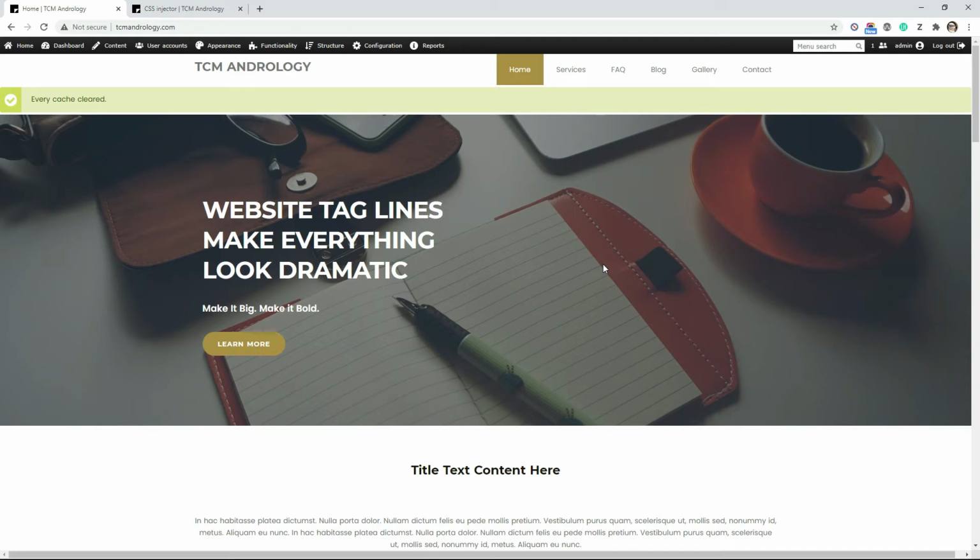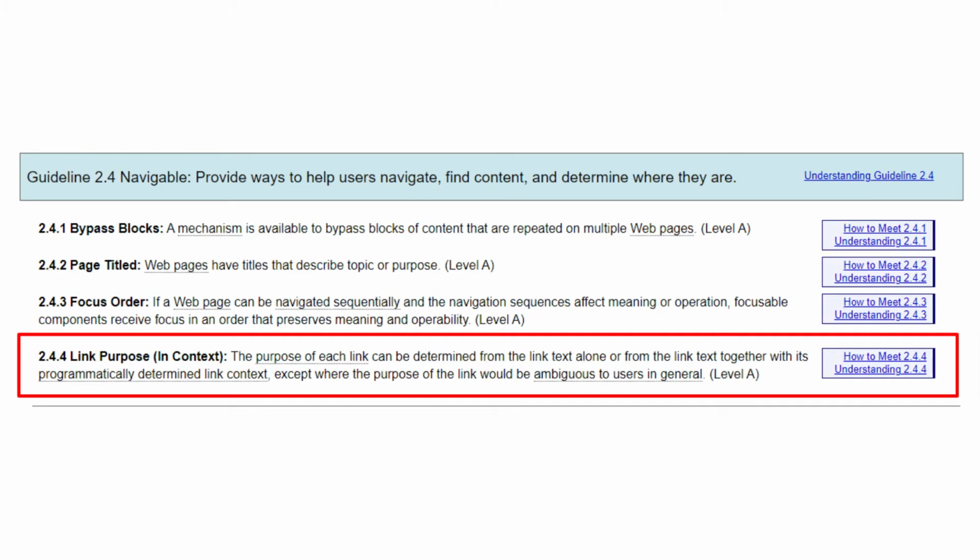Now, the next rule we want to look at is the idea of link purpose. This is also WCAG 2.0, and this is also a single A, meaning this is absolutely bottom of the barrel you need to have. It's link purpose in context. And what this says is the purpose of each link can be determined from the link text alone, or from the link text together with a